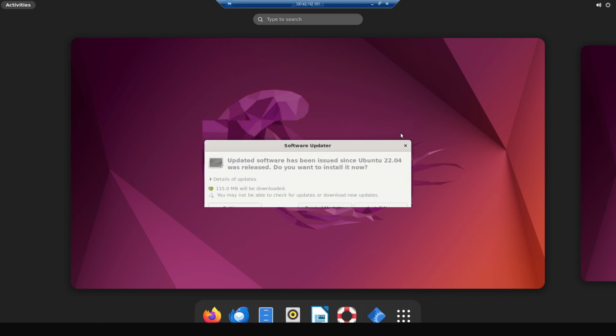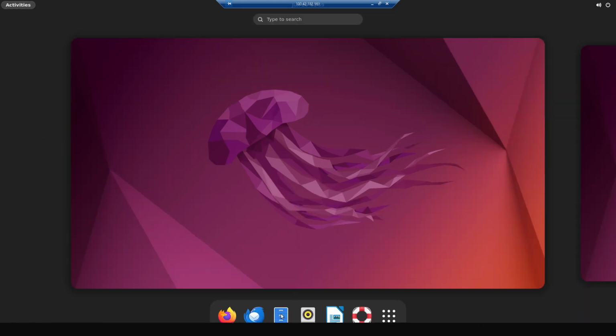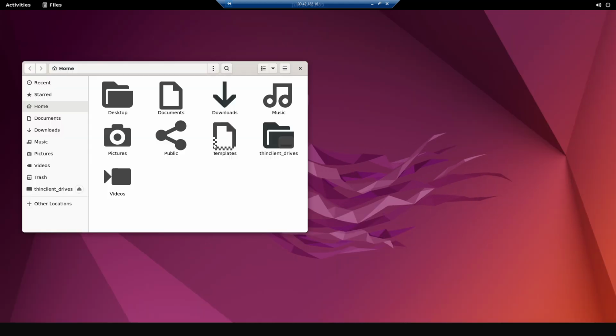I'm going to close this. I don't want to do this update now. It appears it didn't take place. I have to repeat this again. I'm going to click on activities. So it could be that my internet is pretty slow, and that's why it doesn't run that smoothly at my end. So I'm going to click on files now, and then when the file manager opens, just come to documents,